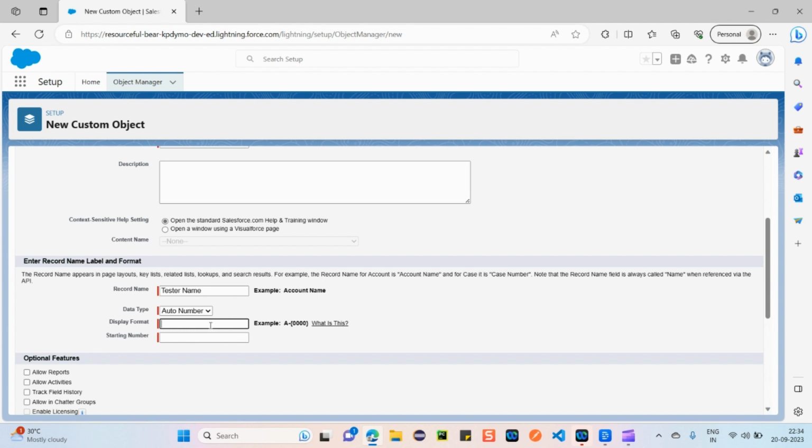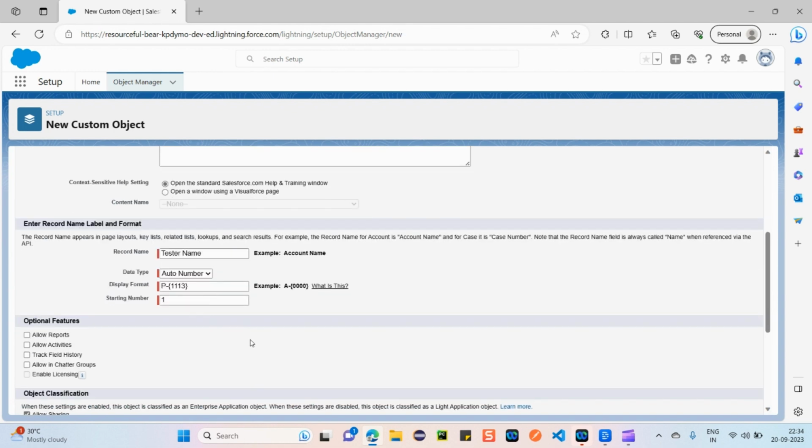For the display format, you can see they gave some example. If I give it as P-1111 with a starting number of 1, then the second record created will be number 2, the third will be number 3. It happens in this format.